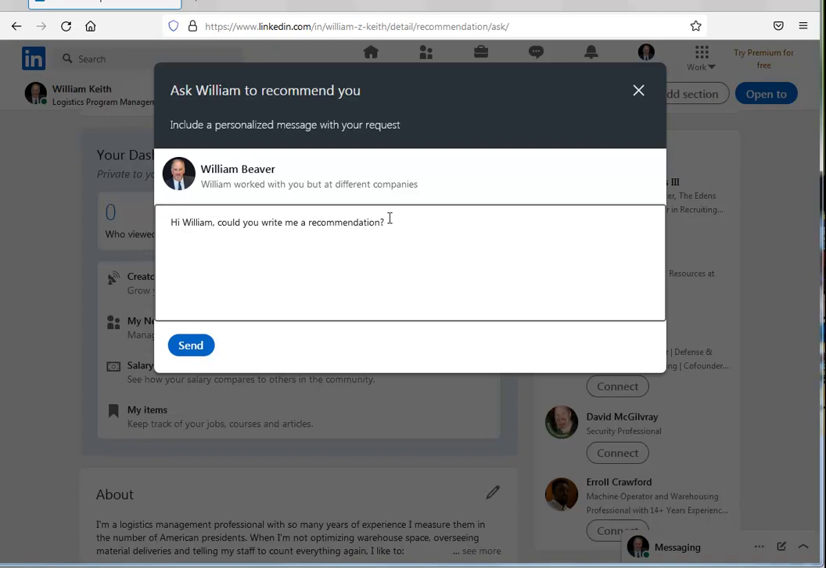Now, this is the generic message that comes up when you're going to ask someone for a recommendation, but you want to customize it. Keep in mind what you're trying to accomplish, which is to build out an overall profile that encompasses where you want to go and the different kinds of keywords, qualifications, etc. that are required for gaining the notice of recruiters and companies. So what you would do is, hi William, could you write me a recommendation? You might change that to something along the lines of,